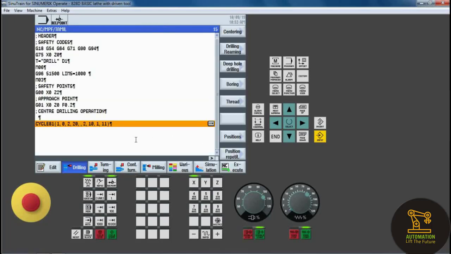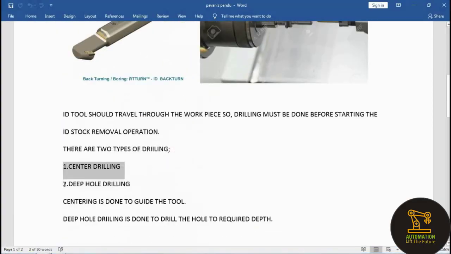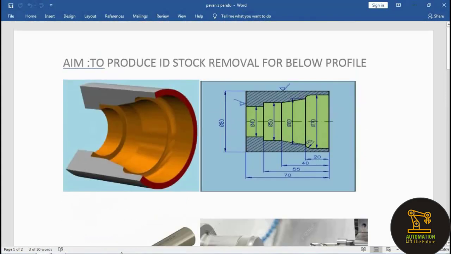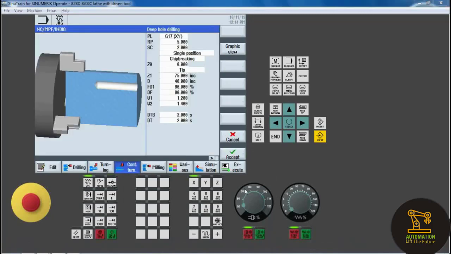And next one is the deep hole drilling operation. You can see it in the drilling operations, and this is the deep hole drilling operation. Centering is over. So click on deep hole drilling. We want the G17 plane, so select the G17 plane.